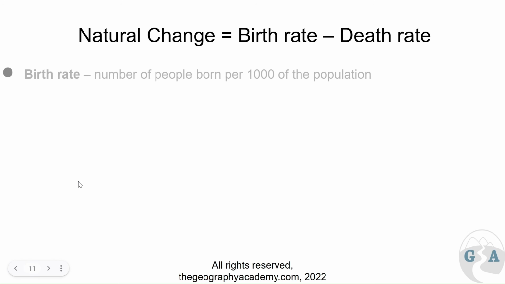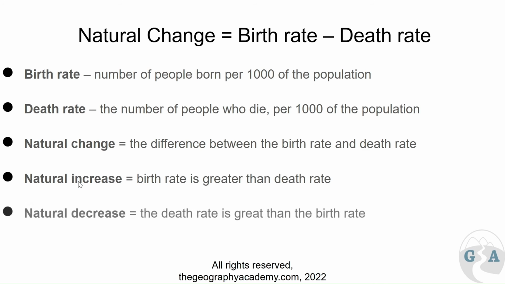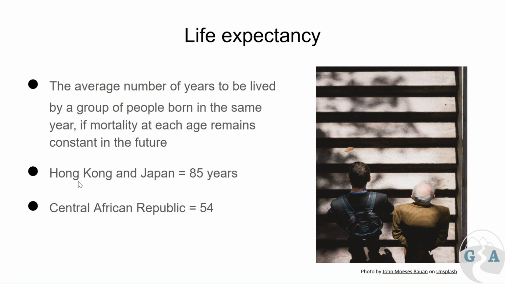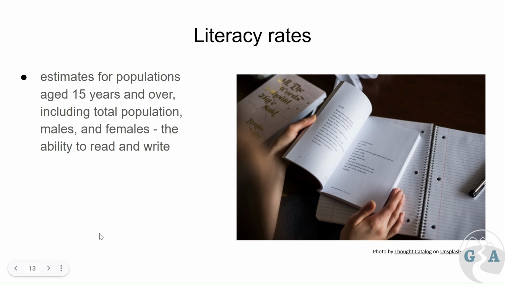The natural change in the birth rates tells us all about the demographics and the shifts, and the natural increase there. The death rates can tell us a lot about things like life expectancy, but life expectancy is an indicator itself. These are other ways of measuring if a country is healthy, if they have a good diet and a good system. So a country can have a low GDP per capita but a high life expectancy. However, we often see that there is a connection between the lowest GDP and the lowest life expectancy, in countries like the Central African Republic.